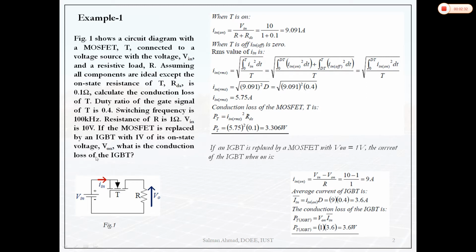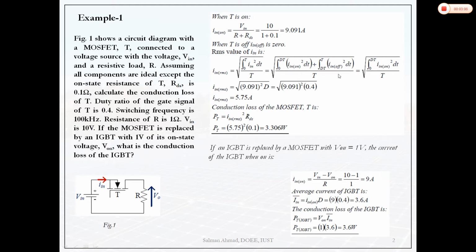So we can find the RMS value of this input current in one switching period. We have the root here, this is the mean value, and we are squaring here. The mean value is 1 upon Ts, integral from 0 to Ts of the square of the function, I in. Now we can break this integration into on time and off time. 0 to DTs is the on time, then DTs to Ts is the off time.